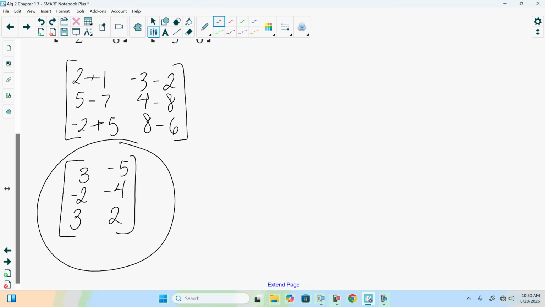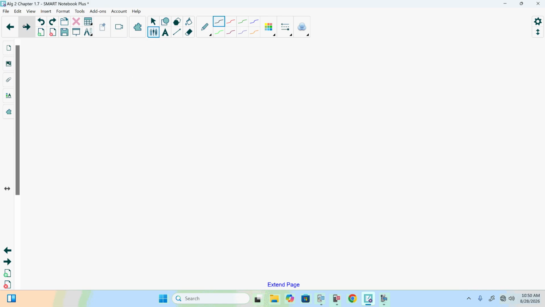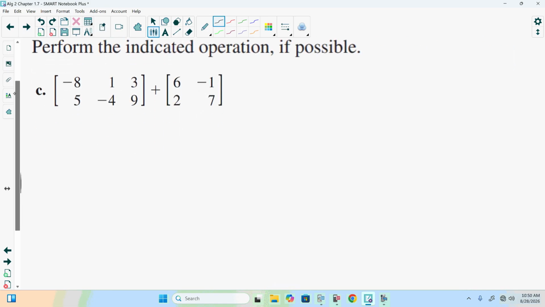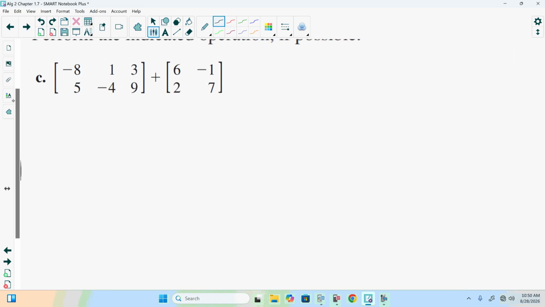Adding and subtracting matrices is really nice. We've just matched the elements up, add or subtract, and we're good to go, yes? All right. I think we got the hang of this. So when we look at C, we're going to be doing -8 plus 6, yes? Then we have 1 plus -1 and 3 plus